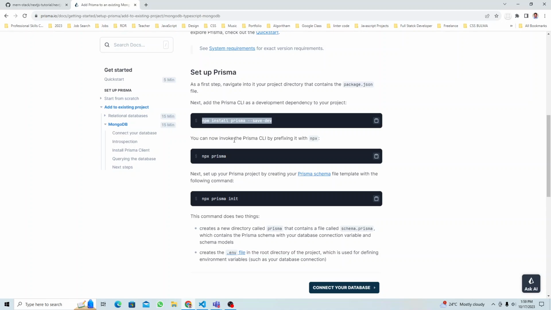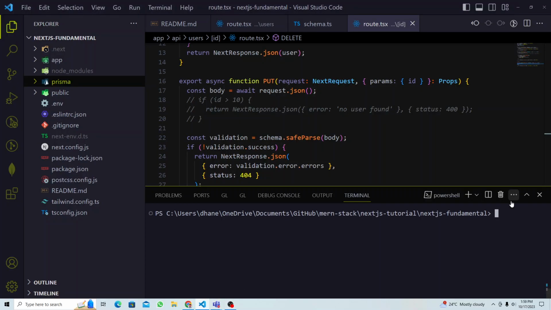So you can now invoke the Prisma CLI by prefixing npx prisma, right? So you have to run this one after that. Okay, so just copy that, and again go back to your terminal and just run that command, npx prisma. Do that. Okay, once you finished,